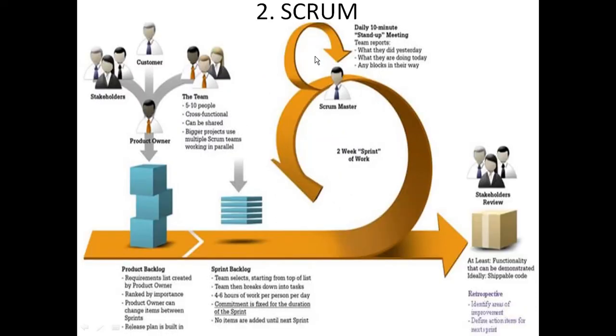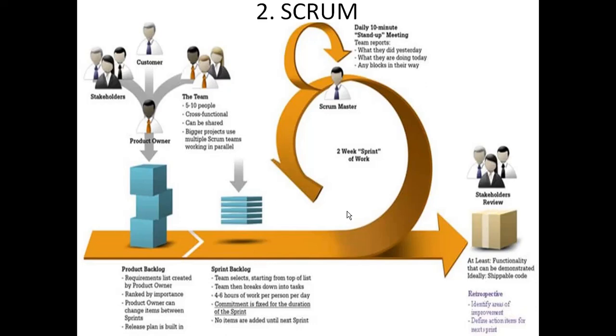And daily, while doing this, daily 10-minute stand-up meetings are held. The team reports what they did yesterday, what they are doing today, and any blocks in their way. So all these points are discussed in the daily 10 minutes, in the 2 week sprint. So basically the sprint is nothing but the time span in which the changes in the product are to be resolved, and after each development of the product the stakeholders give feedback and find some